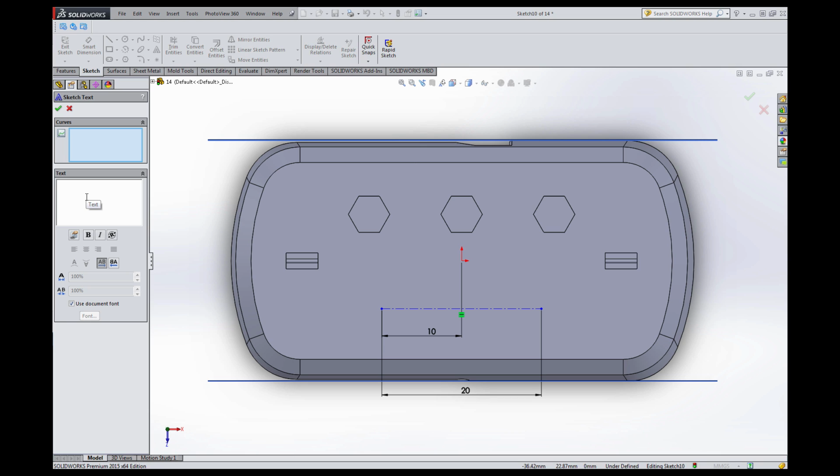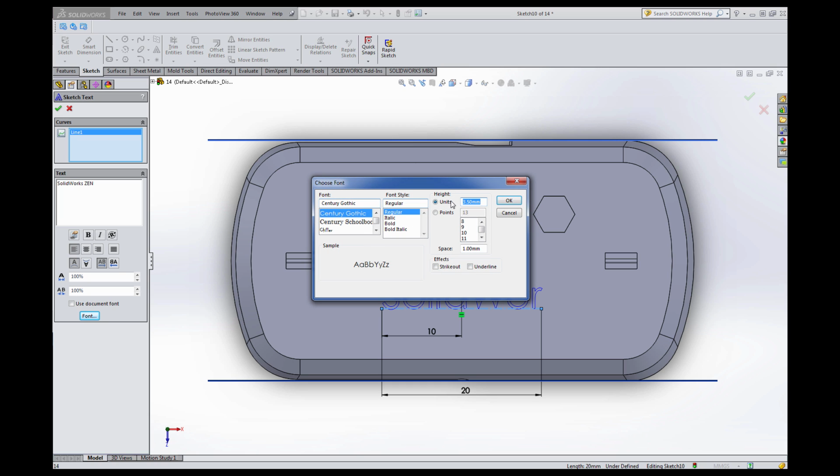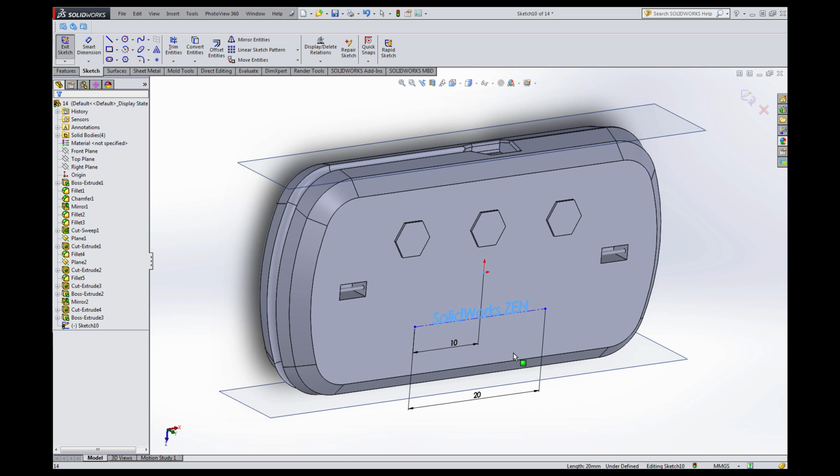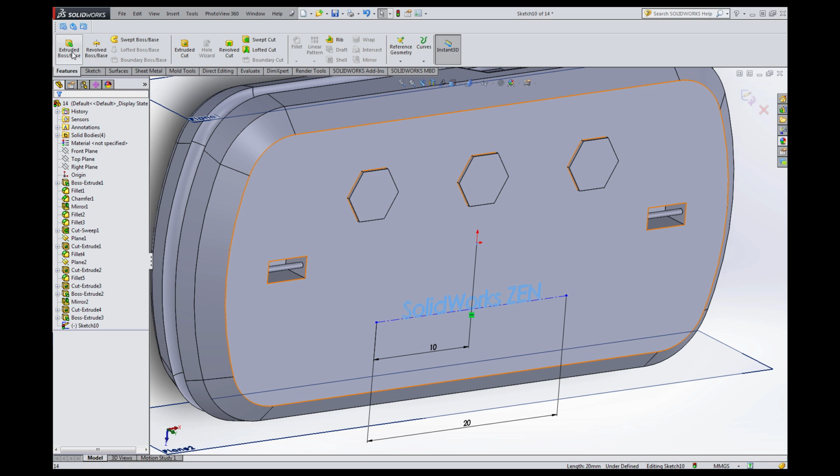I'm going to type SolidWorks Zen. Okay, and click here and select this curve. Okay, clearly these letters are too big, so go here, use font, use document font, click on font and select this unit's height, I don't know, 1.5 millimeters. Okay, that works for me. And center this, center line, confirm. Okay, go now to extrude